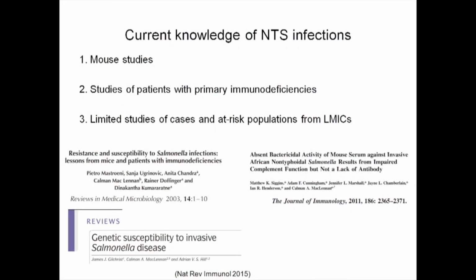That's moved on somewhat. We had a review of the immunodeficiencies and genetic susceptibility a couple of years ago. But one thing that's striking is that the clinical presentation in humans with primary immunodeficiencies is often quite different from that of what we see with individuals with iNTS disease in Africa. And then just in terms of what we see in mouse not always being applicable to what we see in